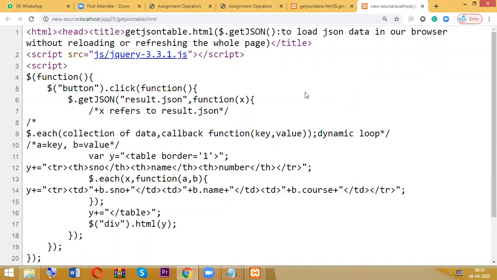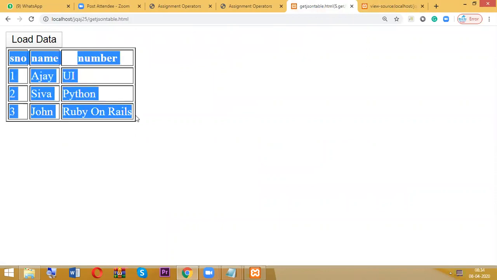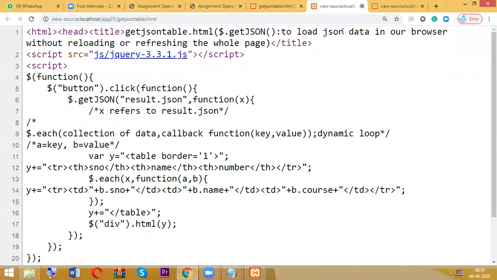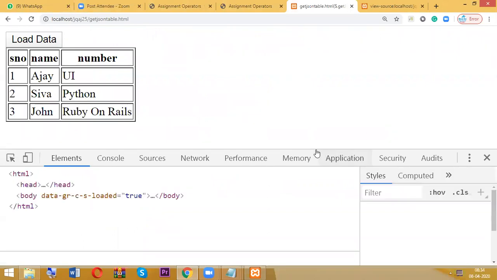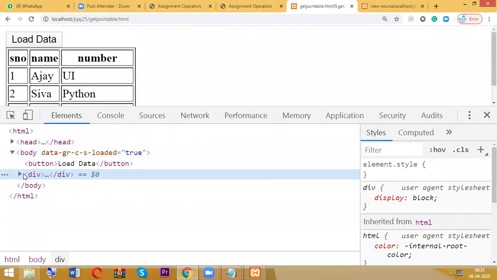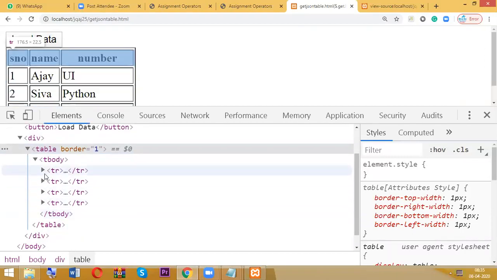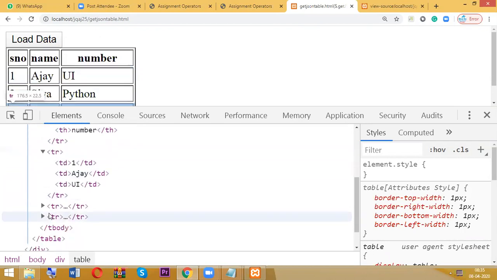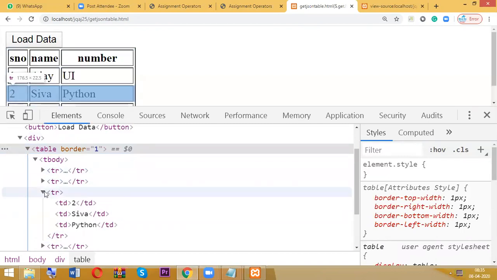Now if you observe carefully here, whenever I'm checking the output, I'm having a complete set here. Right click, inspect. I'm having the table tag, I'm having tbody. At the same time, I'm having TH, TD and everything. Totally, how many TRs do I have here? 1, 2, 3, 4 TRs are there.